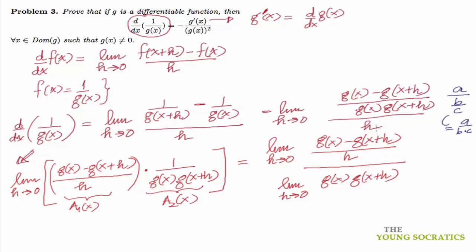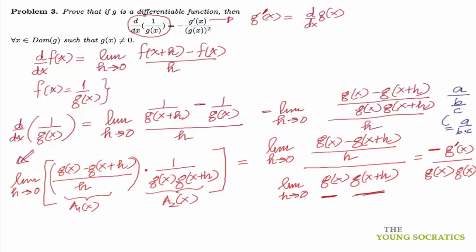Now the uppermost quantity is minus sign of g prime of x, right? Because this is nothing but negative of d by dx of g(x), and the quantity below in the denominator is limit h tending to 0 of g(x) and g(x plus h). So this is same as limit of g(x) times limit of g(x plus h). g(x) remains as it is, and limit of h tending to 0 of g(x plus h) is nothing but g(x),